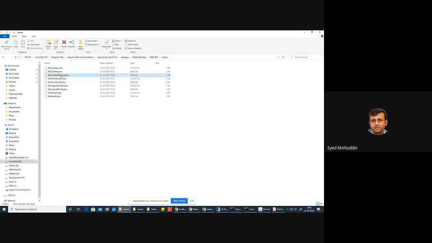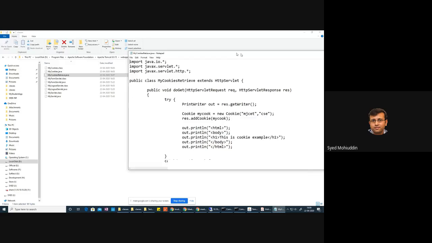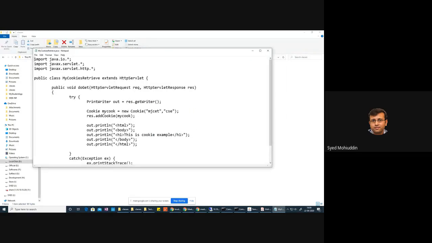Okay, let us come back. Now we will write another servlet, my cookies retrieve. In this servlet, instead of creating all these cookies, we will now try to access the cookies. So what I'll do is I will